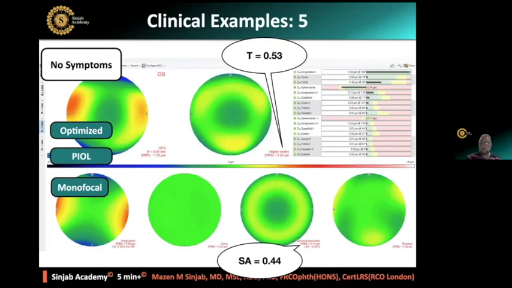But if you are planning to give him very sharp vision and get rid of his depth of focus, okay, you can implant a monofocal with spherical aberration minus 0.27 to compensate for this, and he will still have plus 0.14 microns of spherical aberration, which may help him somehow, but not as good as having spherical aberration 0.44 for the depth of focus. So this is a quick overview. There is a lot of things that we can